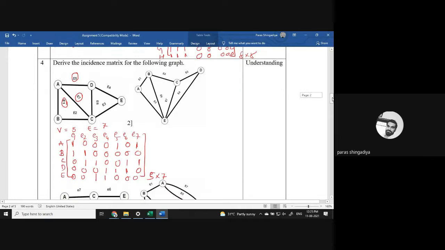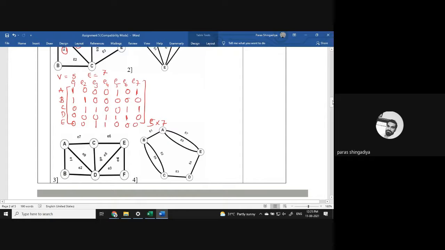ठीक है, कैसे verify करेंगे आप इसको? ये check each and every column. Okay, सभी column को आपको check करना है. Each column should contain two times of one. ठीक है, सभी column में one की entry दो बार होनी चाहिए. If there is only a single time, or three times, four times, then it is an error. So each and every column should contain two times of one. ठीक है, then it is verified. Okay, it is the true answer.